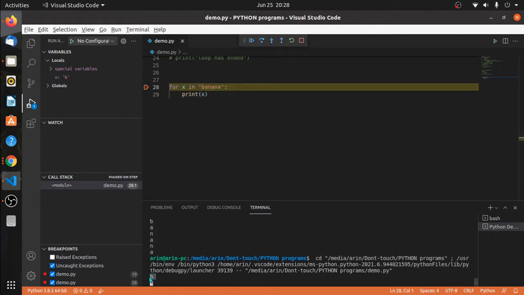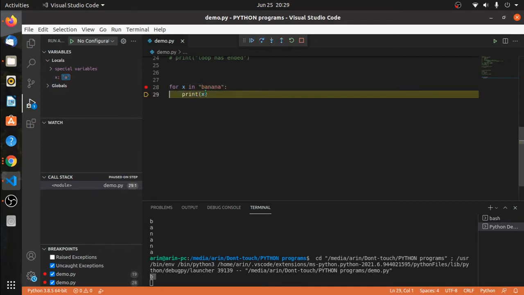See, the output in the console is b. Okay, now again the control comes back to the first line, which is the for statement. Okay, again I will execute. This time the value of x becomes a, which is the character after b. Okay, the value of x becomes a. Now the pointer is at this line, execute,